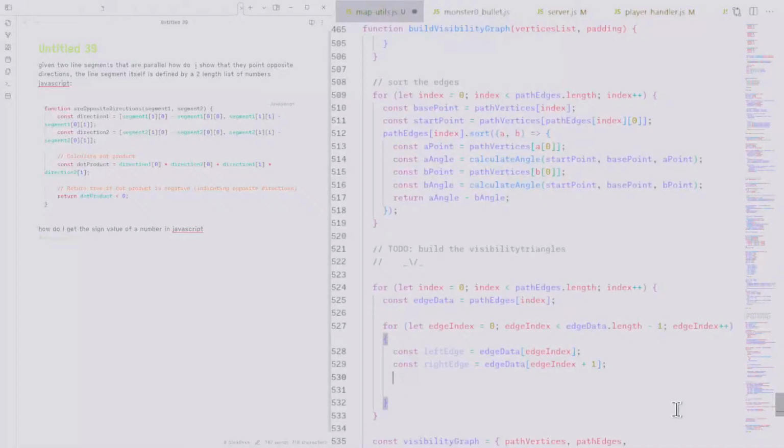And with these, I need to get the line between